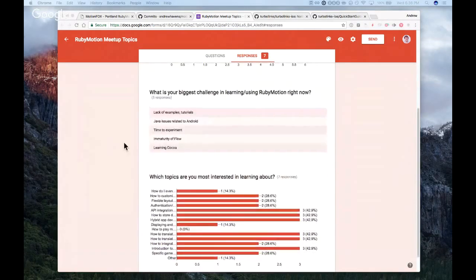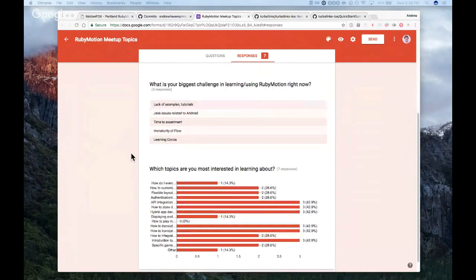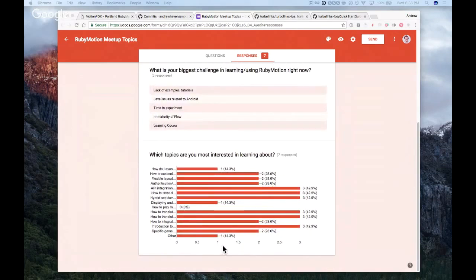The biggest challenges people are having right now are lack of examples and tutorials, Java issues related to Android, time to experiment, like we all experience that from time to time, immaturity of Flow, the framework for cross-platform iOS and Android development, and learning Cocoa. And of all the topics, you can see that they're just all across the board.